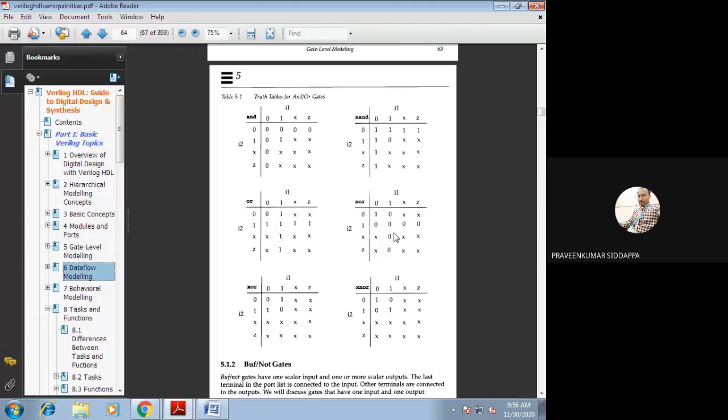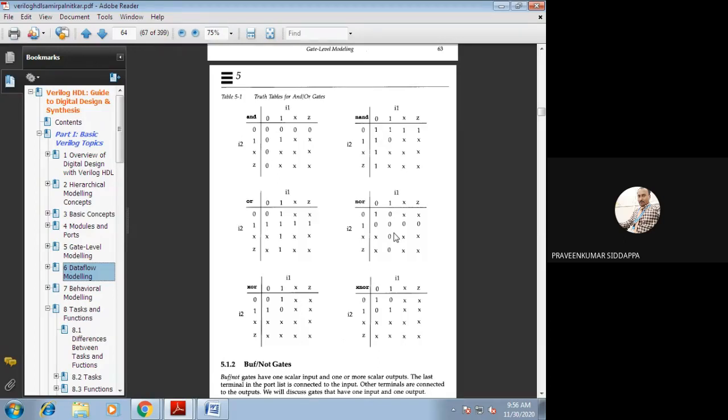Whenever I1 and I2 are both 0, 0, what is the output in the AND gate? Output is 0. Within the box you can check, I have written 0.